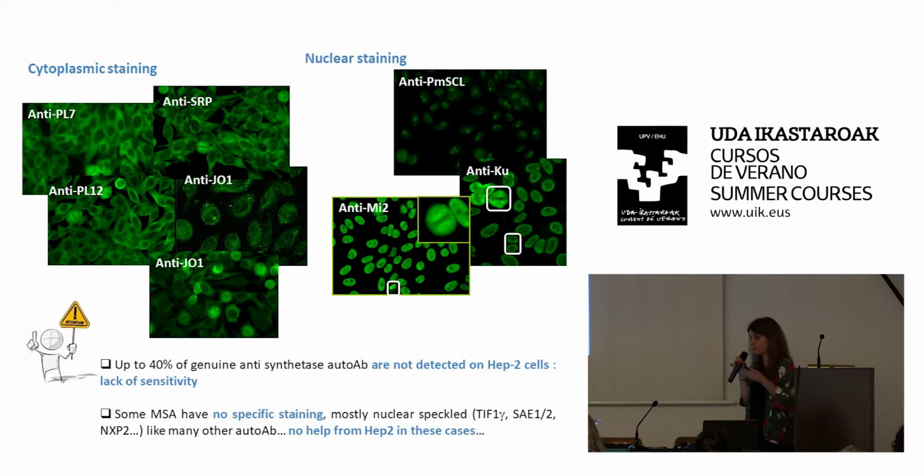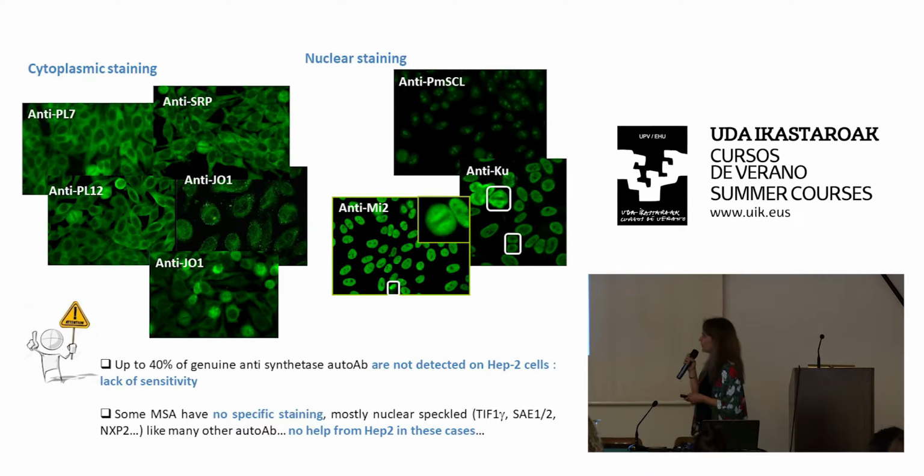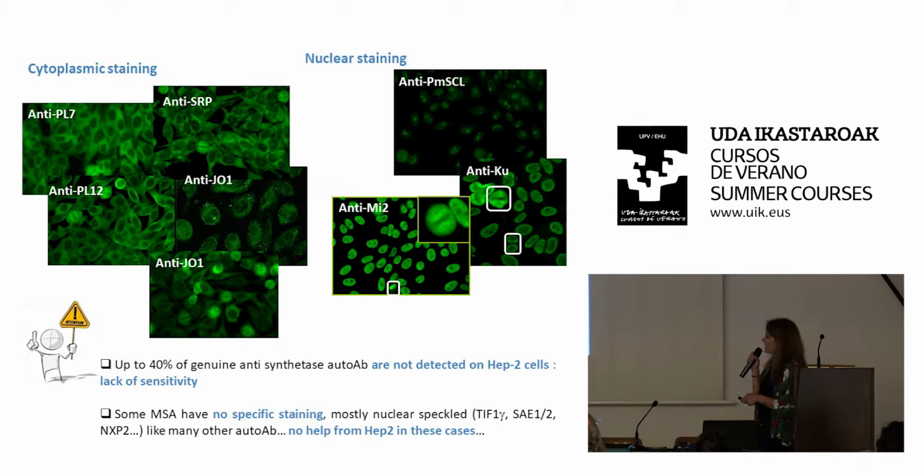You can't make the difference, but when you have this kind of pattern under your microscope, you must be aware that some of those antibodies can be hidden in this pattern. Here is an anti-SRP autoantibody staining, and it looks like PL7 and PL12. Anti-Jo1 has a different pattern, so when you are expert in immunofluorescence, you can tell, okay, it looks like the Jo1,